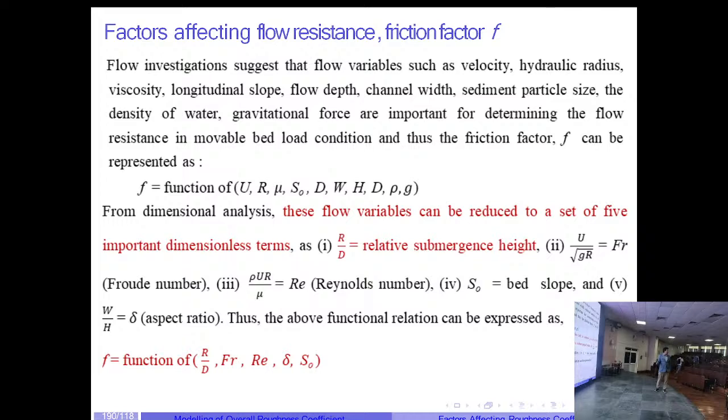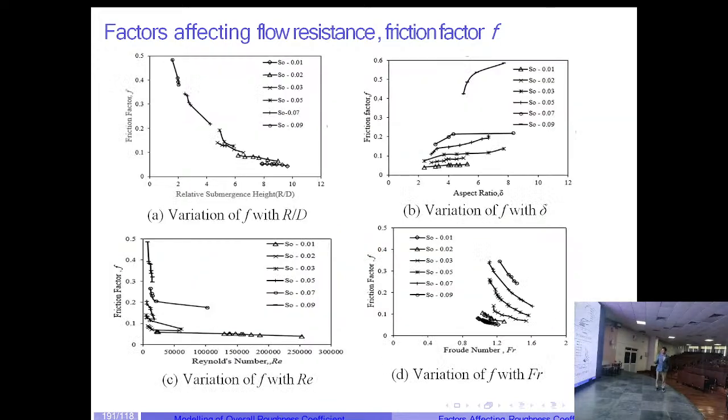Very quickly, I'll tell how he developed this friction factor model. First, from the literature we summarized what factors and variables affect the friction factor, U, R, mu and so on. There were 10 factors, which were made non-dimensional, and finally it became a function of 5 factors. I have colored them here to make them distinct, and we studied